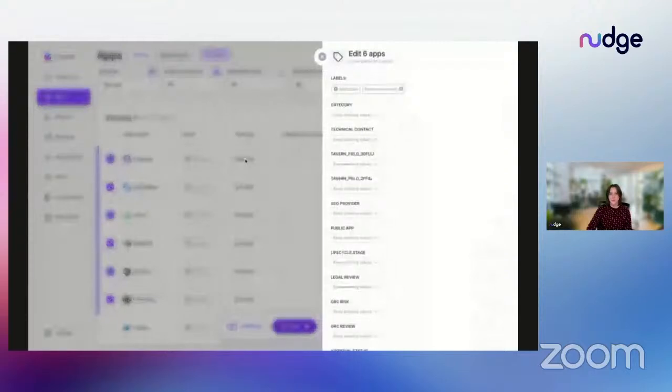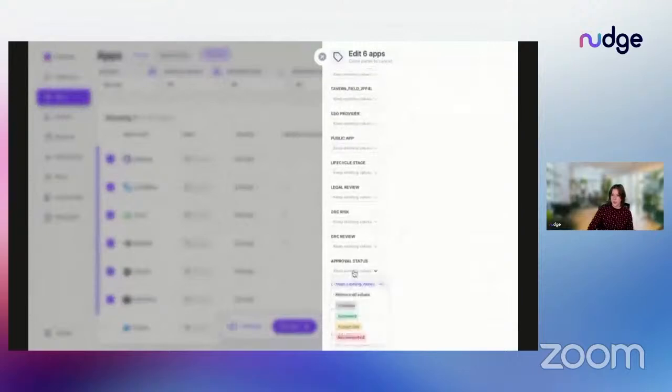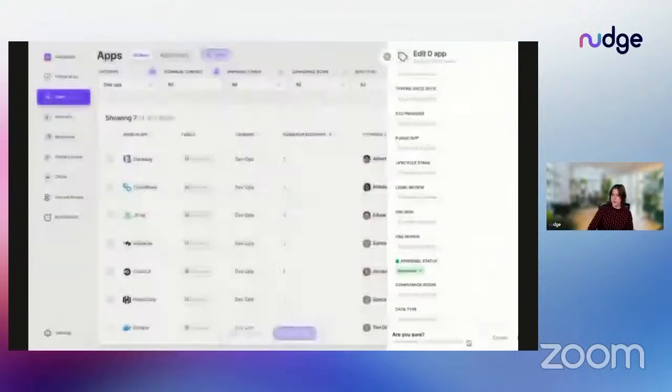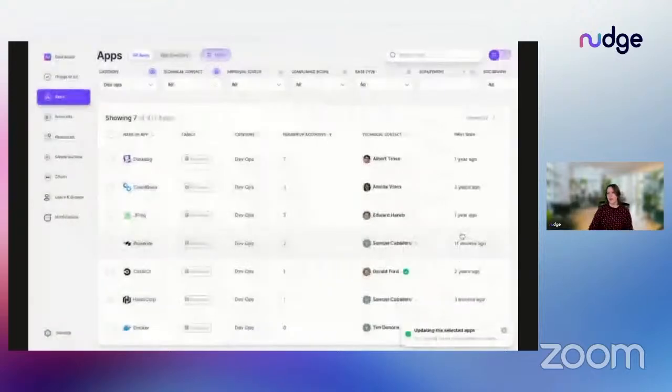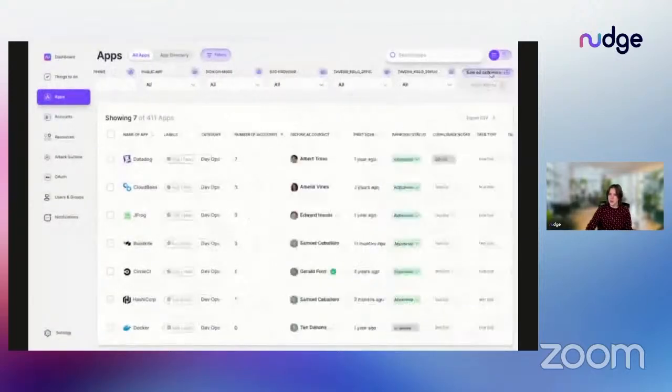So here, whatever method I use to select apps, I could in bulk edit the technical contact to make sure things were going to the right person. But what's important here is that we are going to go to approval status. We're going to mark all of these as approved. Yep, I'm sure. And that column is not showing up here, so we'll see all columns. You can see that these are all now marked as approved. So you can also,